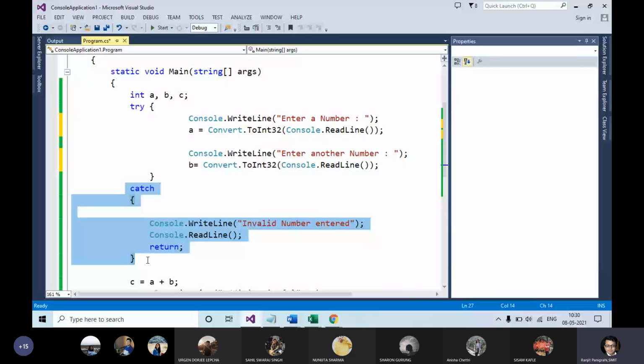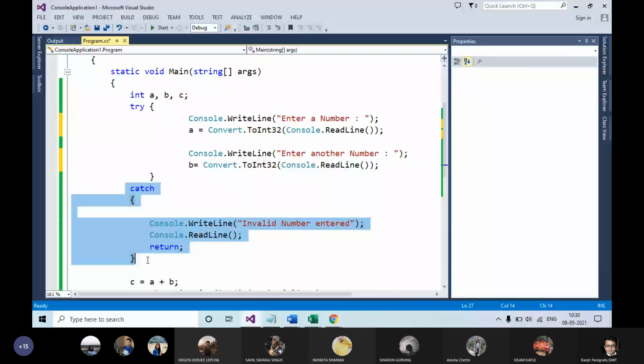Would you like to develop such a kind of software, where the software will close automatically without showing any reason or any kind of message? Obviously not. None of the clients would like to take those kinds of software for their functionalities, isn't it?